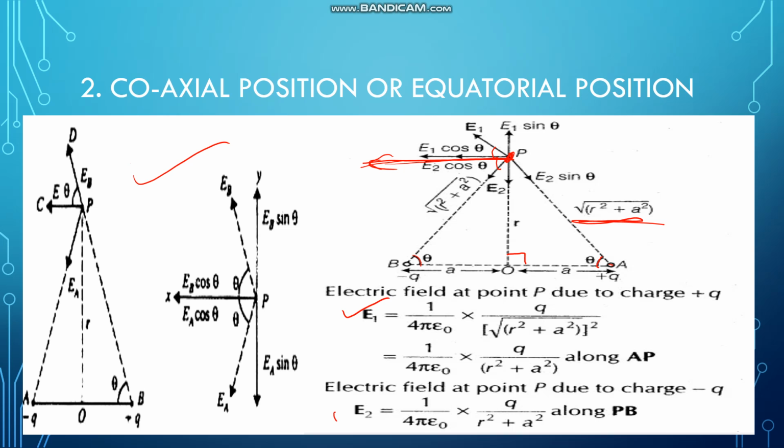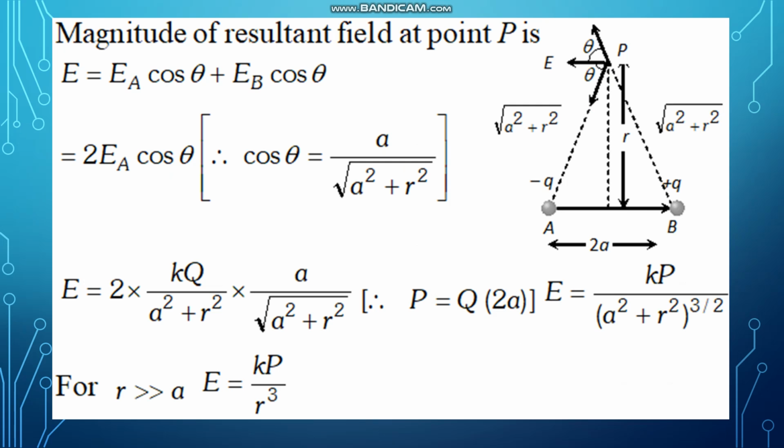In the same way we have to find E2. After resolving it we get these two quantities. So instead of EA and EB we can write E1 and E2. So E1 cos theta and E2 cos theta we have to add. As we can see, magnitude wise both quantities are the same, so we can add them. We'll get 2 E1 cos theta. So after putting in the value